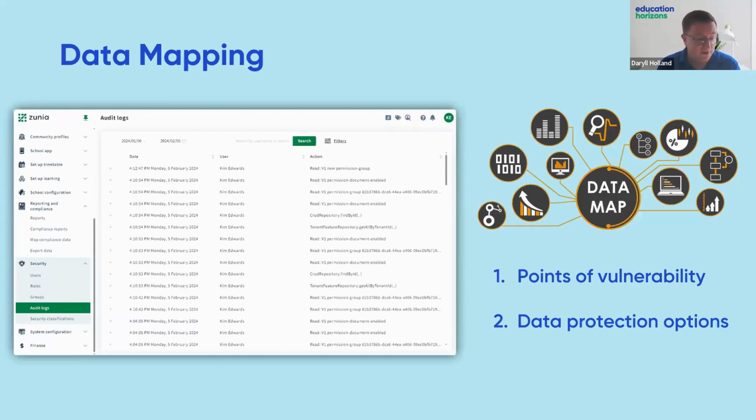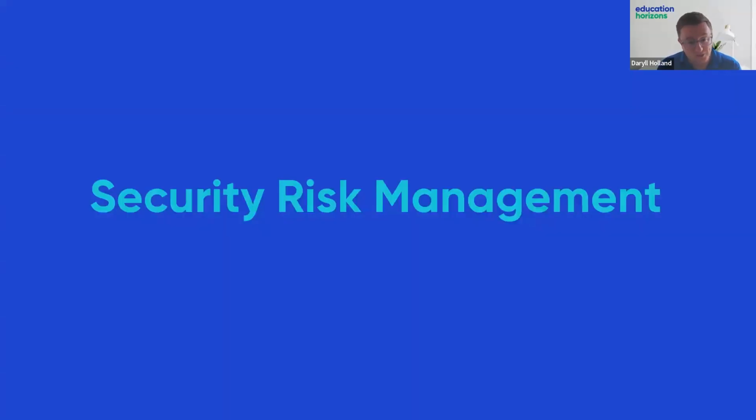This is a priority for us in developing API layers in our engaged and synergetic school management systems. And it's also central to our 3rd generation platform, Zunia, which has an API first approach, which is part of our security by design principle. Now, once you've mapped and identified the data you're trying to protect, you can move on